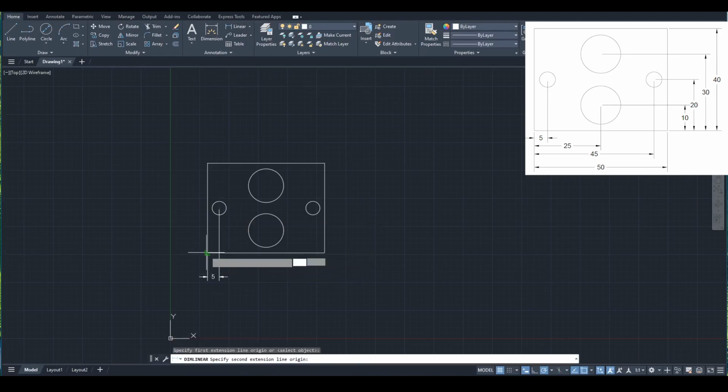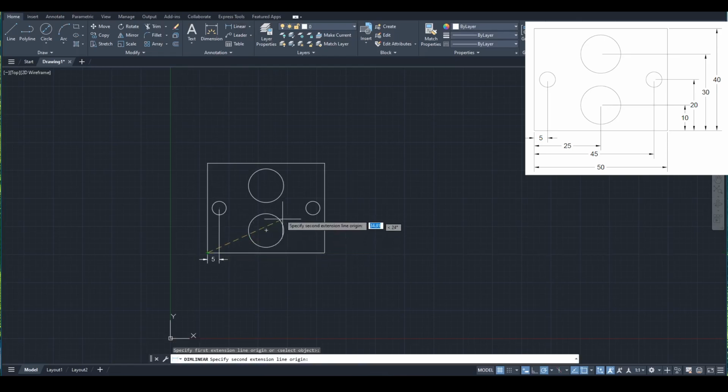I'm going to pick this line again with the center of this, bring it down. I'm going to have to bring it more down, so I'm going to erase this one again and restart doing it. Click on this line, click this, bring it down to here,